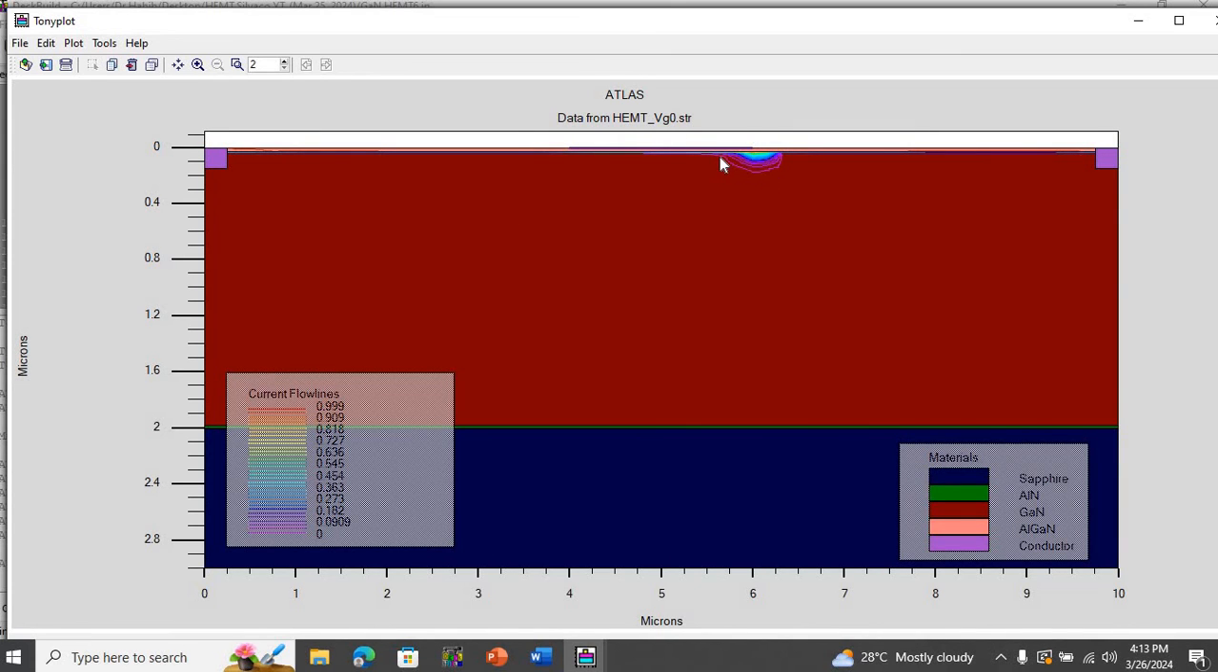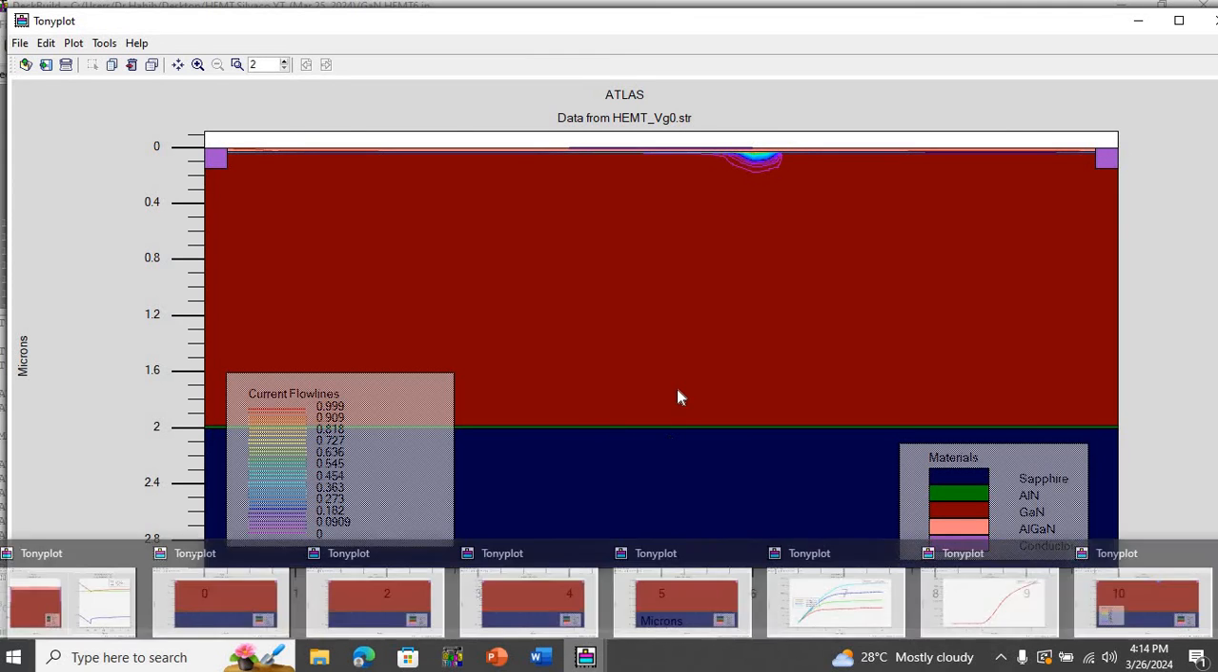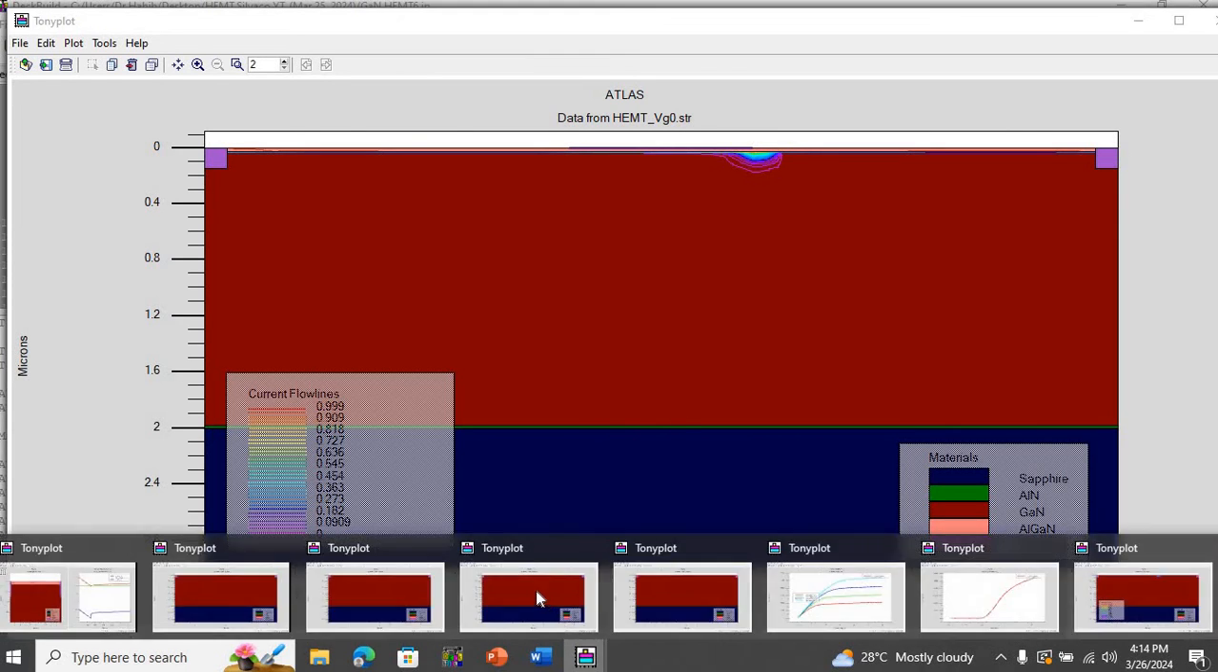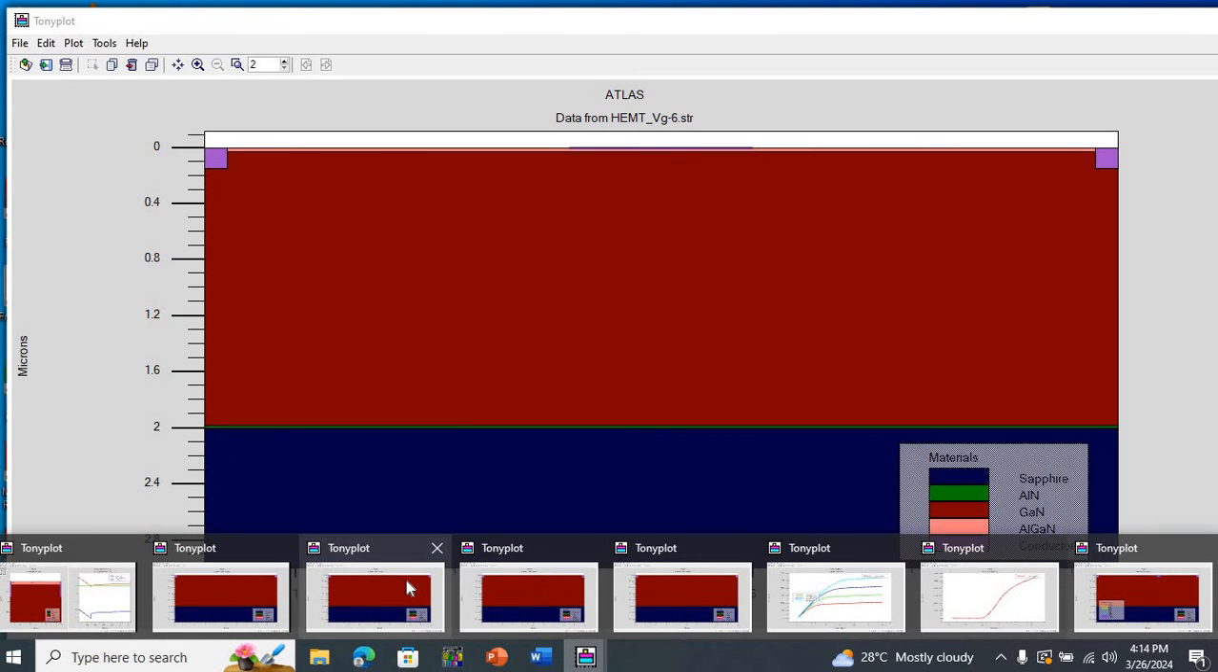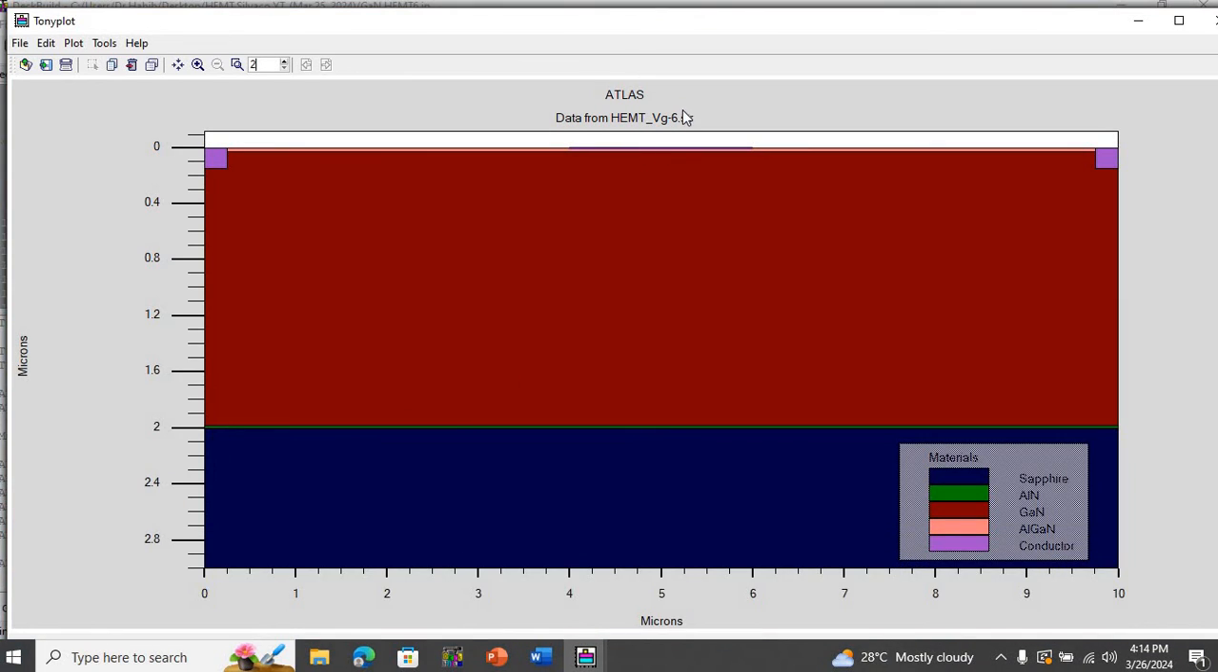Now you might see slight divergence of the current flow lines over here at this point, but this is because we are applying a negative voltage to the gate, and this is going to repel the electrons slightly from the interface at this point. And this is more visible for another structure where we have a gate voltage of -6 volts. As we can see from this labeling here, for this structure we are using a biasing condition for the gate of